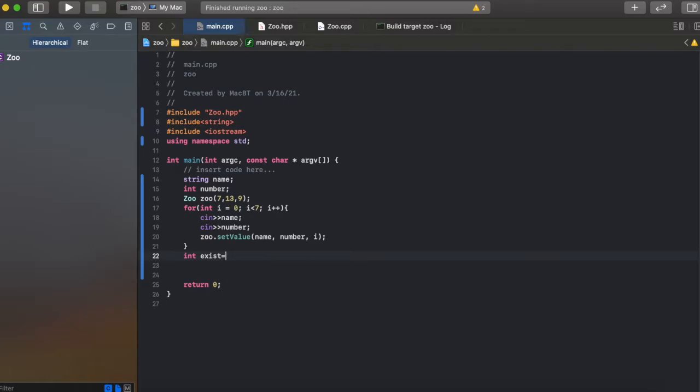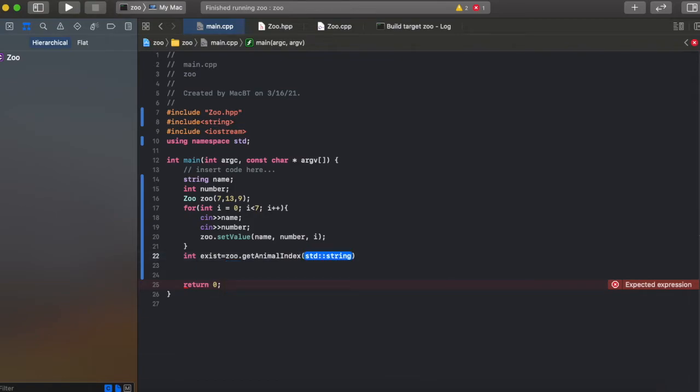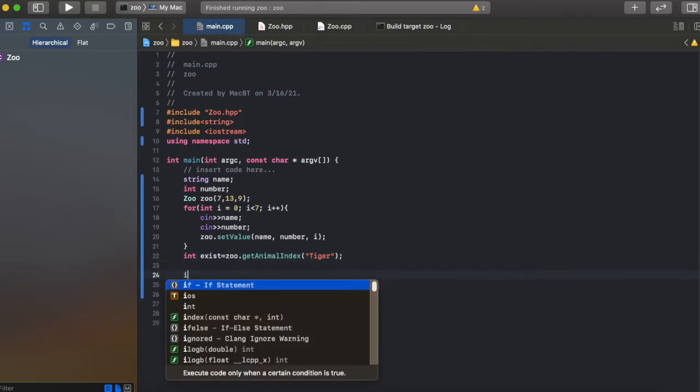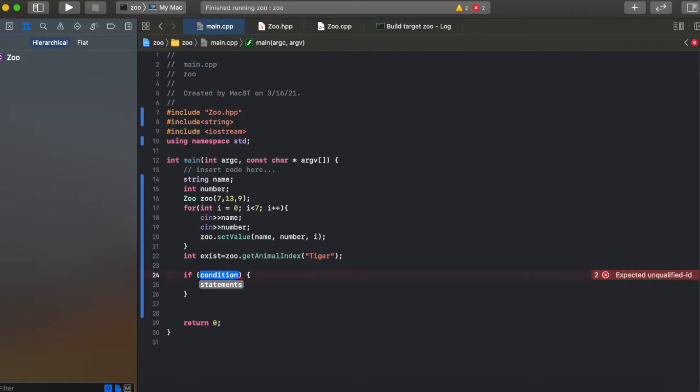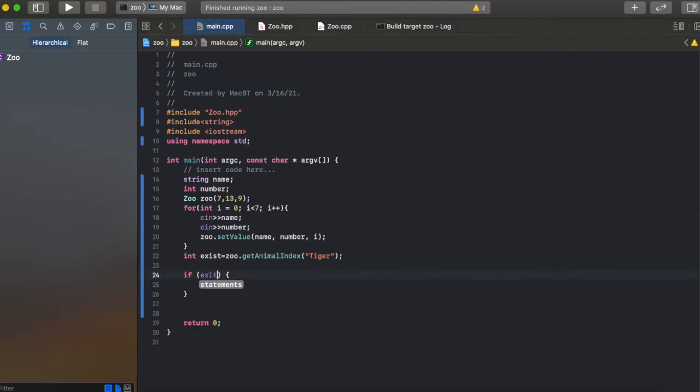Exist equals zoo dot get animal index, with the name, let's say tiger. Okay, tiger. So if exist is greater than or equal to 0, then